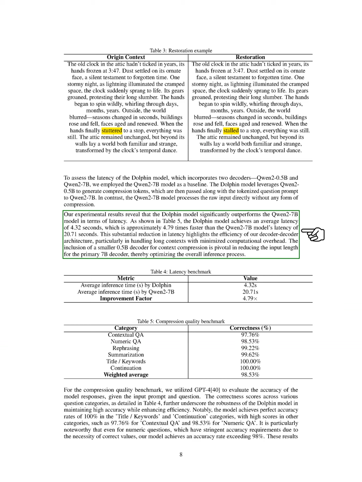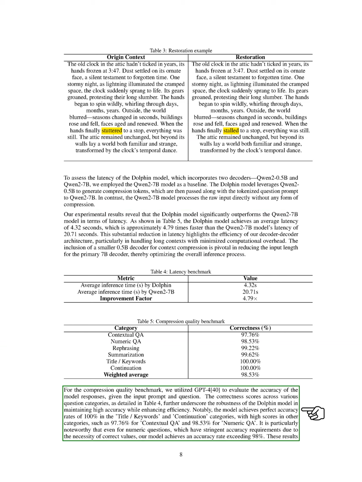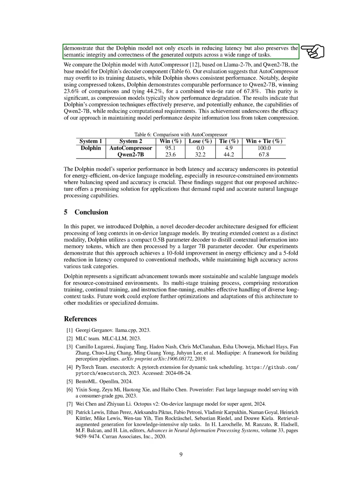For assessing compression quality, we used GPT-4 to evaluate the accuracy of responses based on the input prompt. The Dolphin model achieved perfect accuracy in the title, keywords, and continuation categories, and high scores in others, such as 97.76% for contextual QA and 98.53% for numeric QA. Notably, it exceeded 98% accuracy for numeric questions, which require precise values. These results indicate that the Dolphin model not only reduces latency but also maintains the correctness of outputs across various